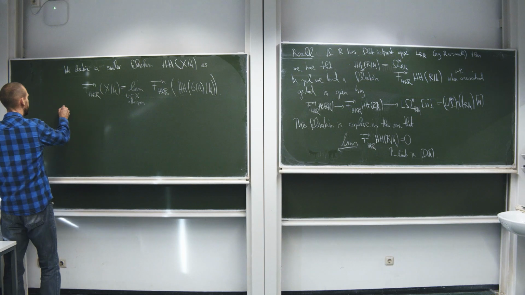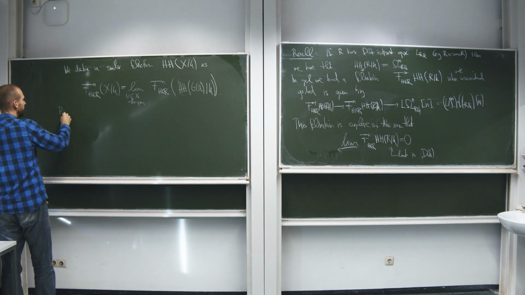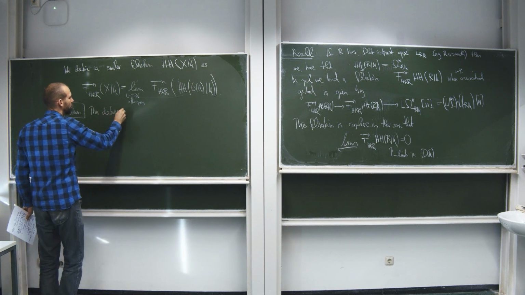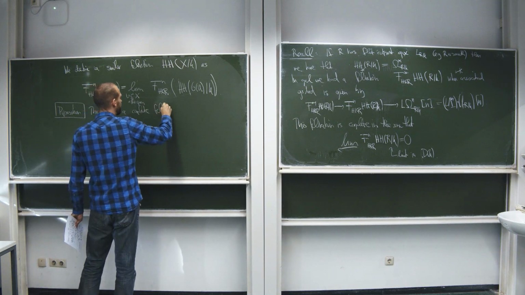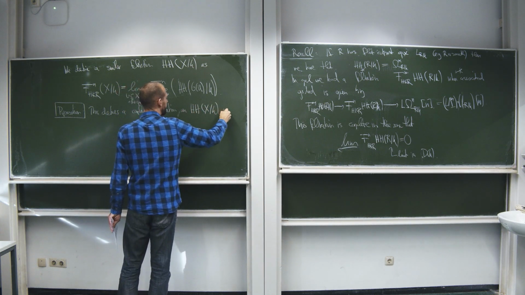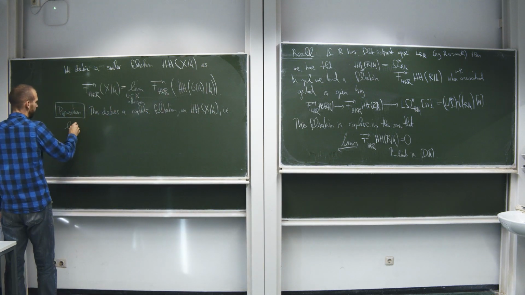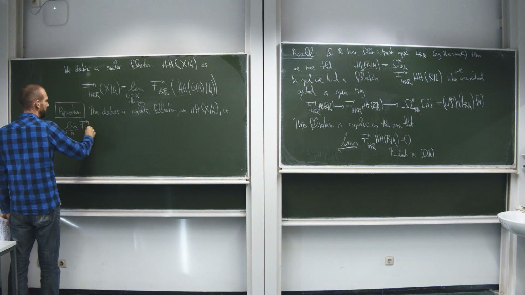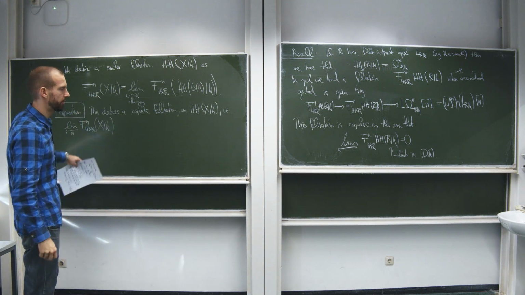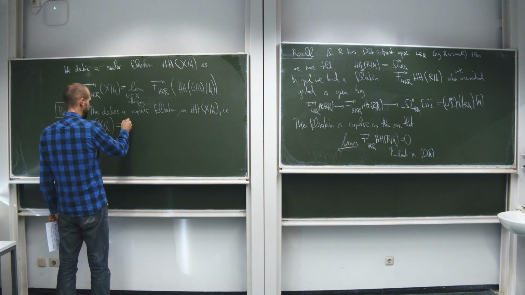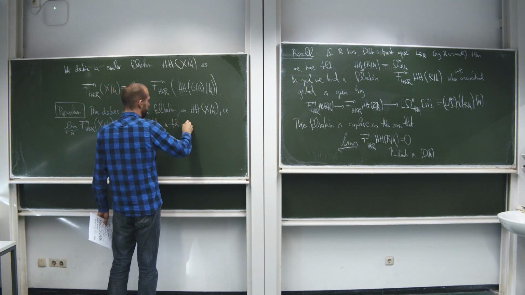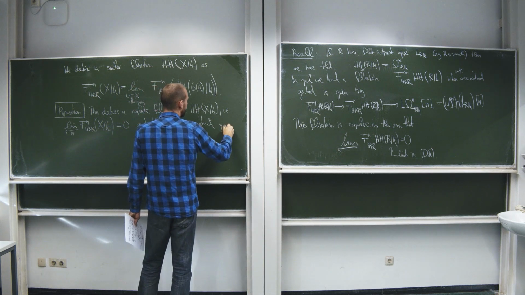And again, maybe let me write this as a proposition. This defines a complete filtration on HH of X relative K, i.e. the inverse limit over n of the nth piece of the HKR filtration of X relative K is actually 0. Maybe I should have written Hochschild homology somewhere, but let me stick with the notation as I have it now. And the nth associated graded is given by